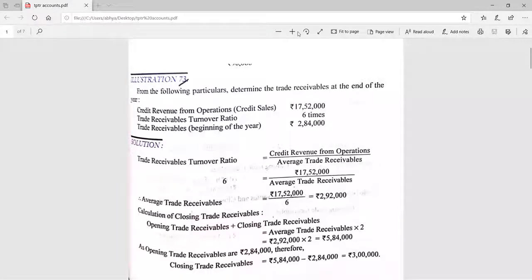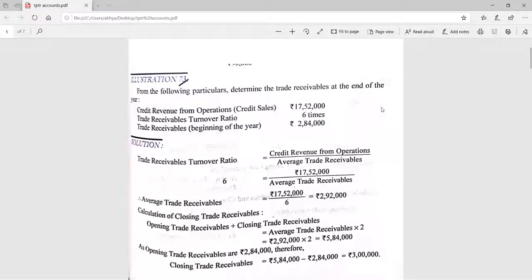So let us start with Accountancy, 12th class, Chapter 4, Accounting Ratios or Ratio Analysis. Till now we have done liquidity ratio and solvency ratio, and we were doing turnover ratios. The second turnover ratio, which we did yesterday, was trade receivable turnover ratio. I had given you 2-3 questions for homework, so first of all we will discuss those questions, then we will do today's topic. Okay, students.